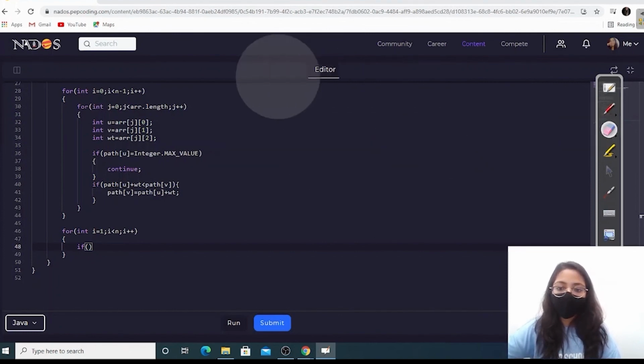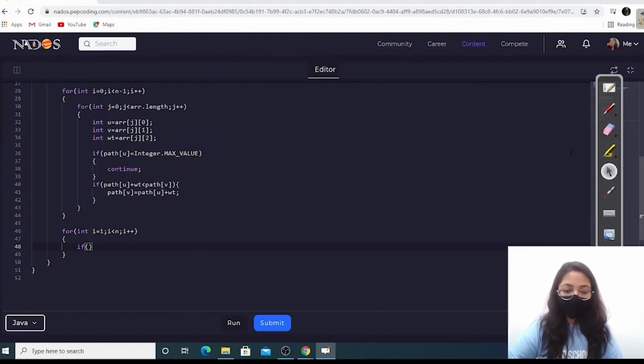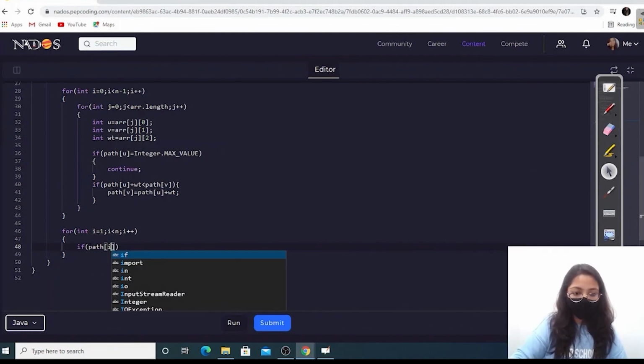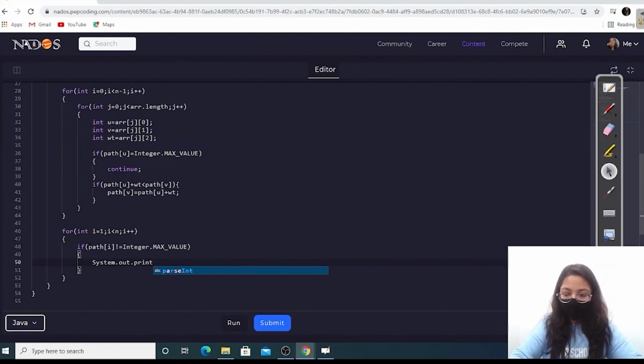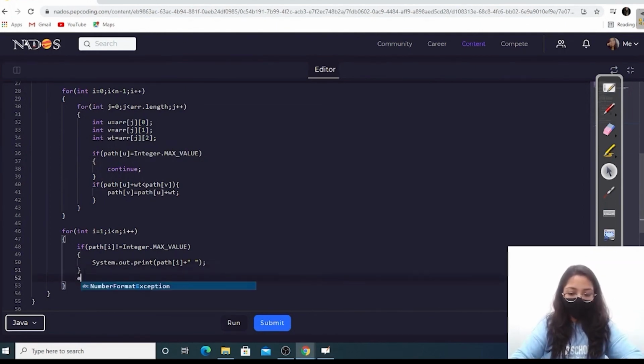So we will check first that if path of i is not equal to Integer dot MAX_VALUE, only then I will print it. I will print System dot out dot print path of i along with a space. And if not, then I will print